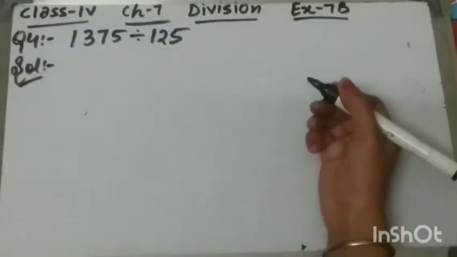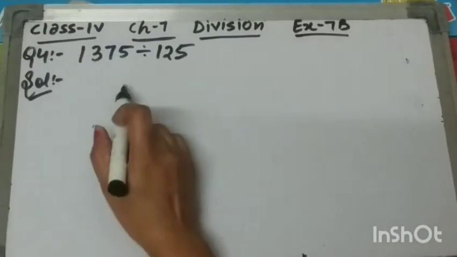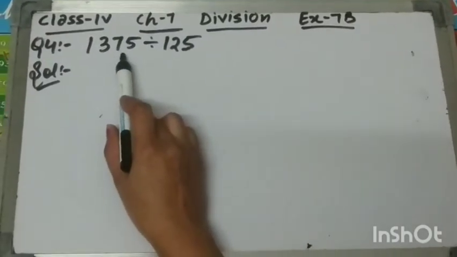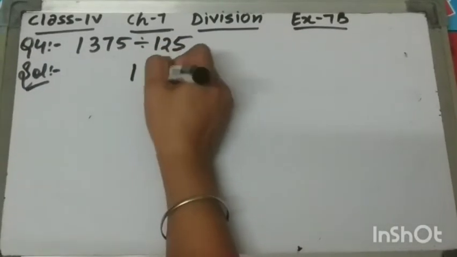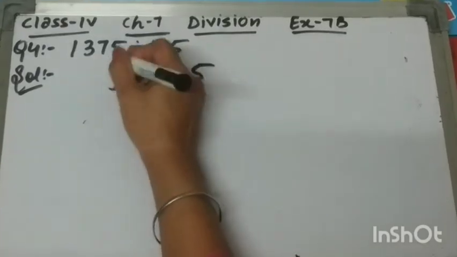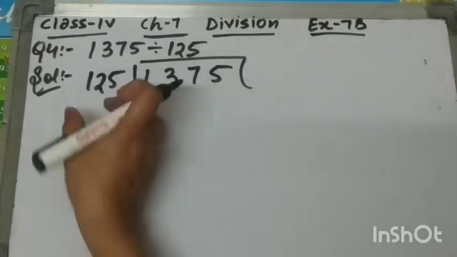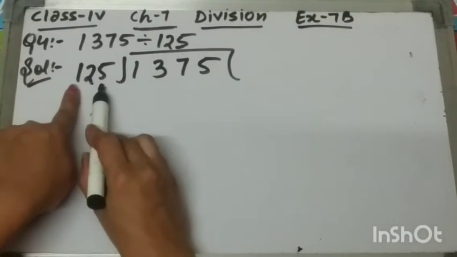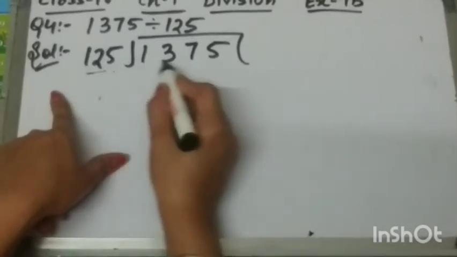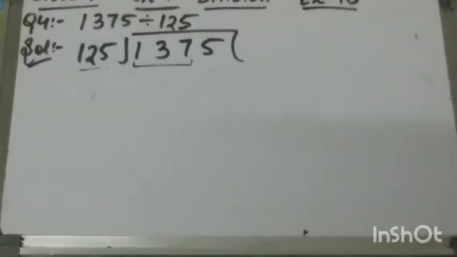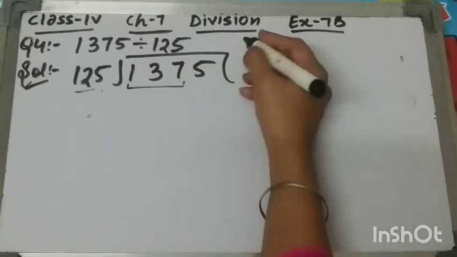Okay, let's start question number 4 of exercise 7B. Question is divide 1375 by 125. Okay, we have to divide 1375 by 125. So the divisor is having 3 digits and dividend is having 4 digits. So what we will do, we will check the first 3 digits of the dividend. And now 137 is greater than 125. So 125 ones are